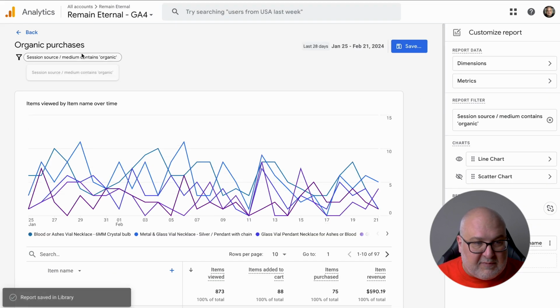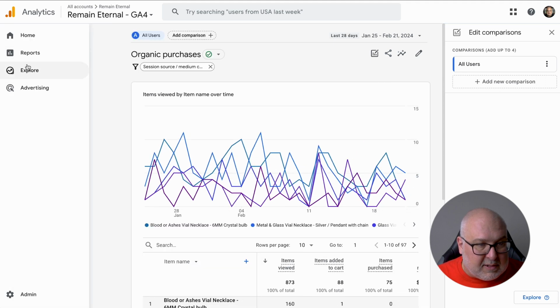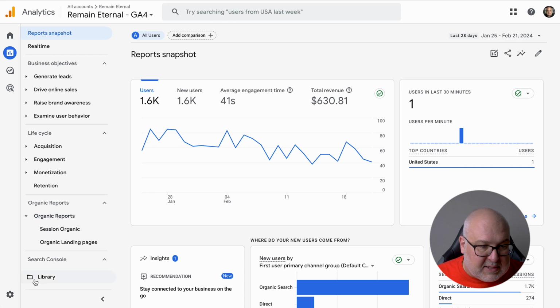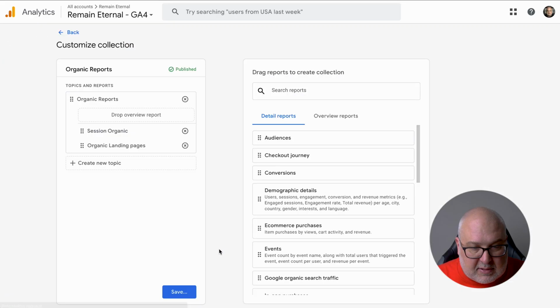And so we save that. Now, again, like we saw before, we're going to need to go in. And if you look in the organic reports, it's not there. So we just go to the library. And yes, you can do all of these at once, create the custom reports, then go in and add them to the library. That's probably how I would normally do it, but I'm just showing you the process that you can use. You can edit the collection